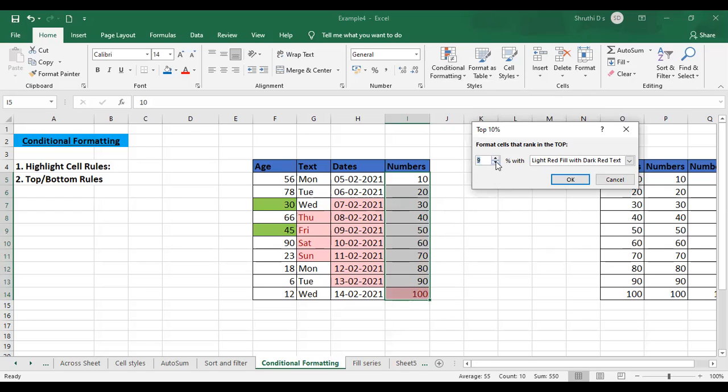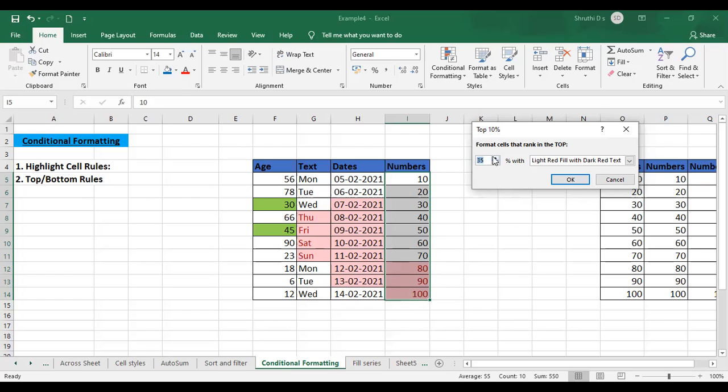If you increase it to 20, then 90 to 100 will be included. If I increase it to 30, even 80 will come under that top 30%.